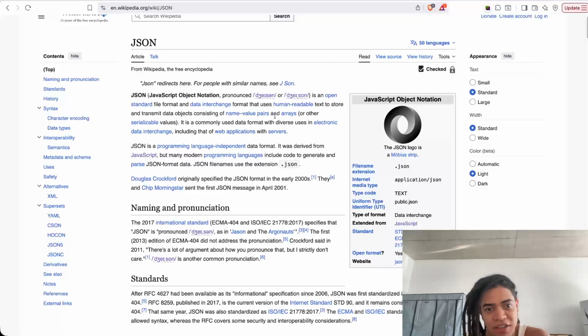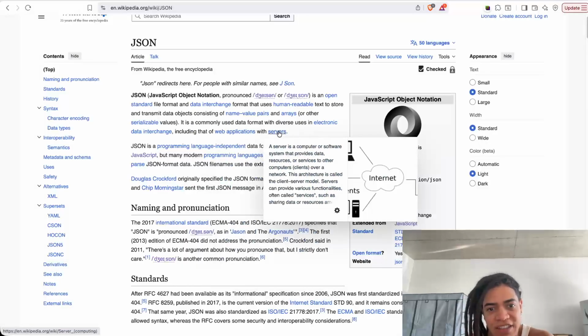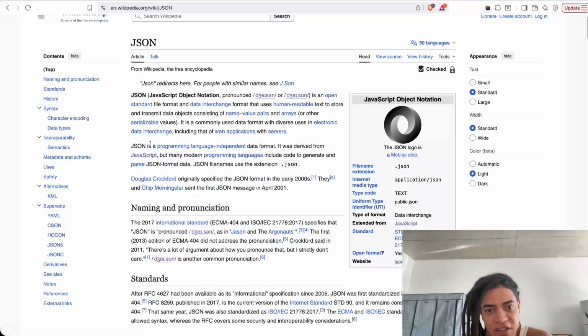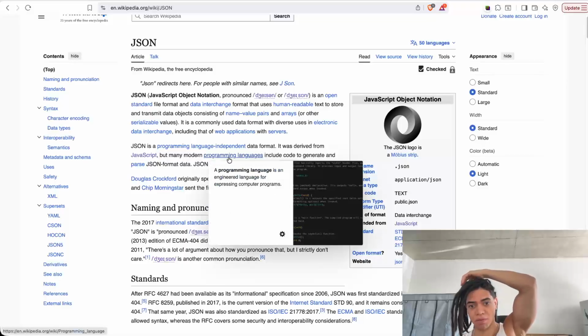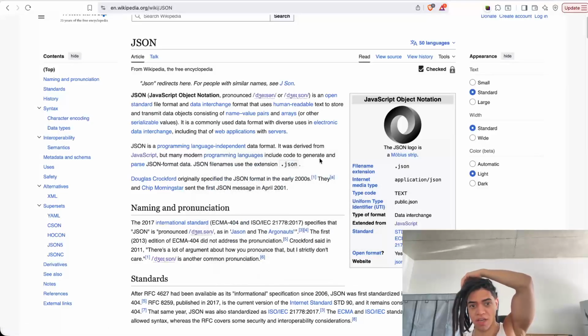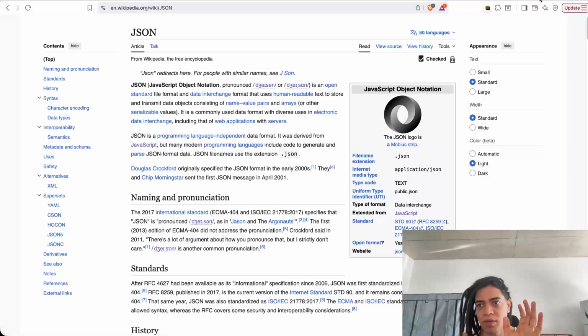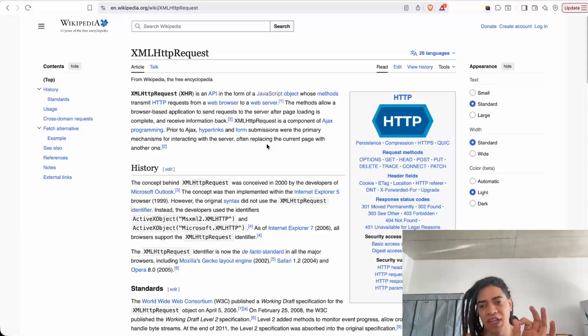This is a format used for web applications and servers, and JSON is a programming-language-independent data format. It was derived from JavaScript, but many modern programming languages include code to generate and parse JSON. Why am I mentioning this? Because in order to send data from the client to the server,